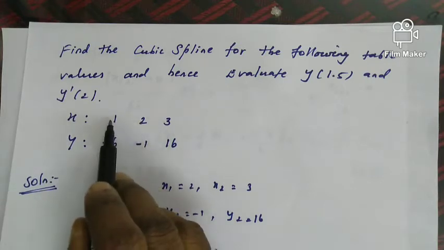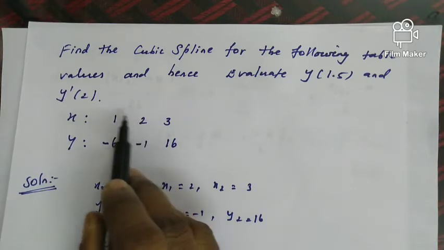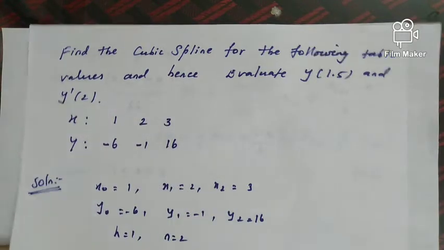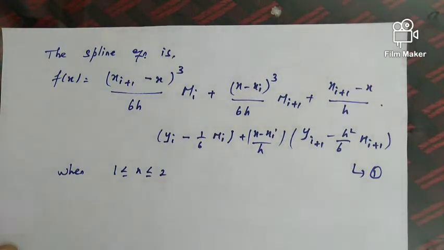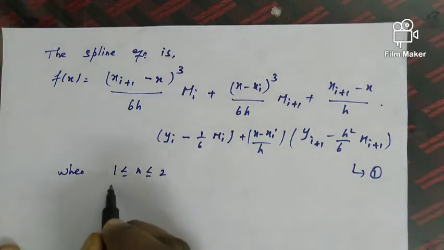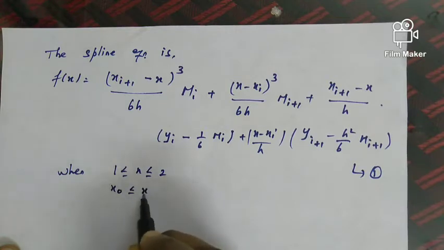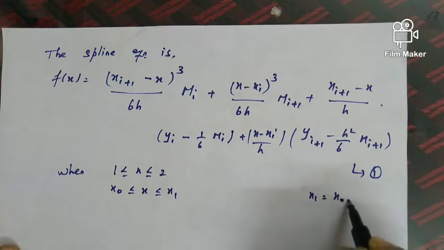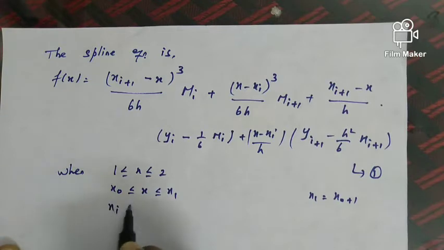So x0 to x1. When x lies between x0 and x1, what is the spline? The next case, when x lies between x1 and x2, what is the spline? That is the question. So in the first interval, 1 less than or equal to x less than or equal to 2, we can compare this with the theory, that is the first lecture. We can write this as x0 less than or equal to x less than or equal to x1, where x1 is nothing but x0 plus 1. Comparing with the general one, x_i less than or equal to x less than or equal to x_{i+1},